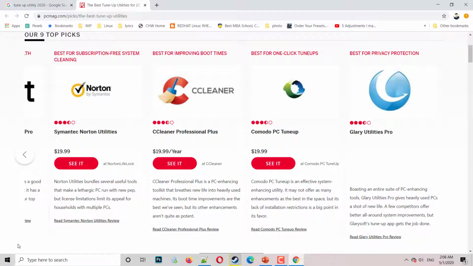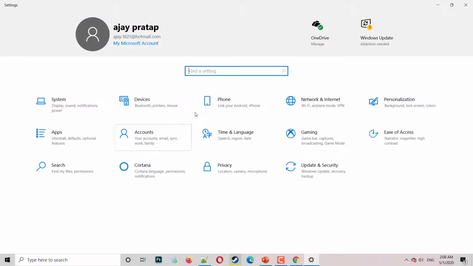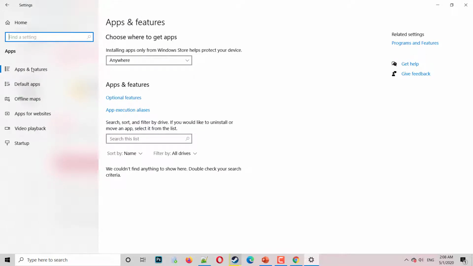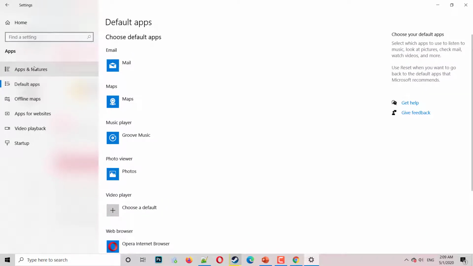Another thing is to uninstall lots of features which come pre-installed with your system. I call them crapware really. There are lots of features for your batteries and one-click programs, and there are so many pre-installed features. If you see my apps, I have already removed many applications.